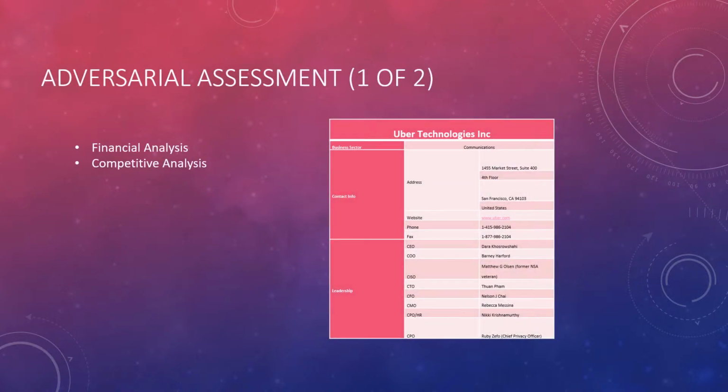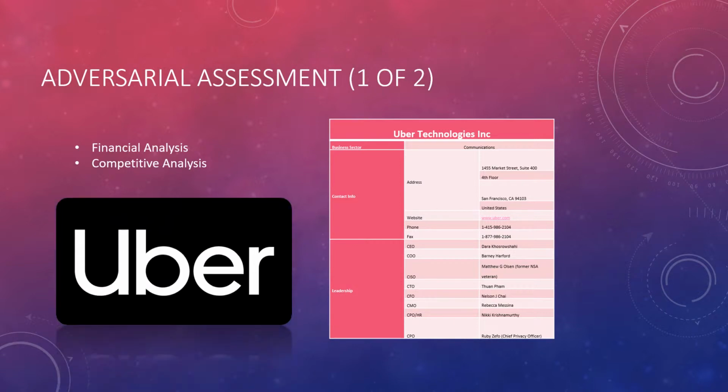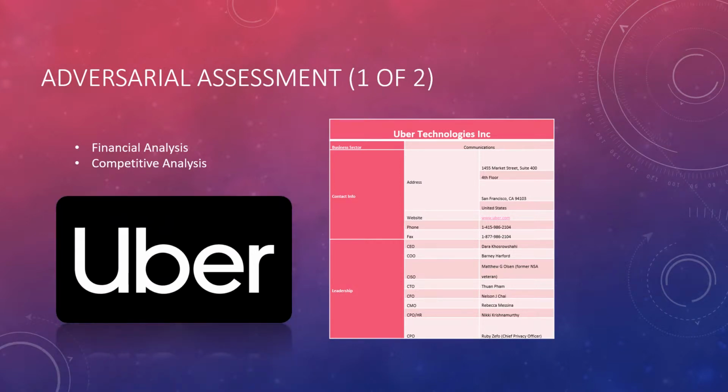As an example of our cyber threat intelligence program capabilities, we have conducted an adversarial assessment of an emerging competitor, Uber. On this slide, you see their vitals, location, address, contact information, and key officers. We conducted a financial analysis. Uber is planning an IPO in the second half of 2019. They currently have $7.3 billion in cash, and their valuation for their IPO was recently rumored to be in the